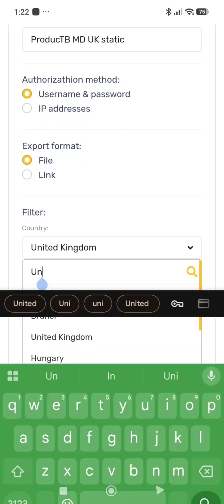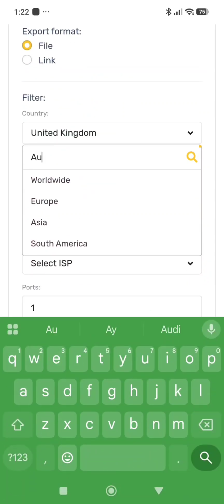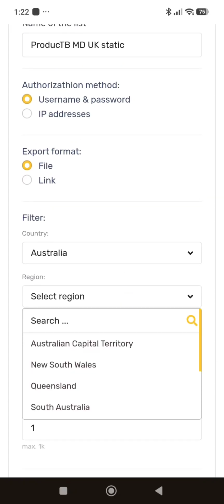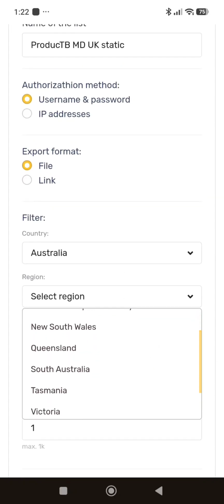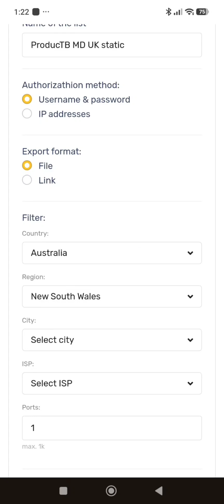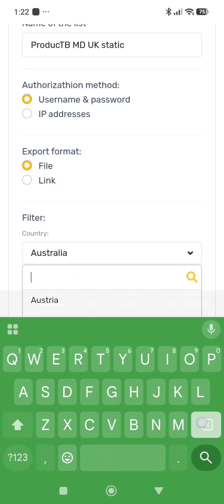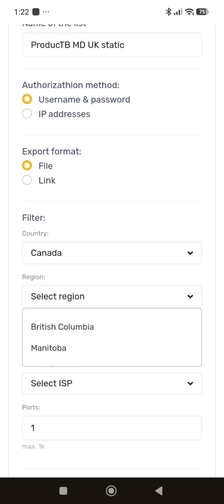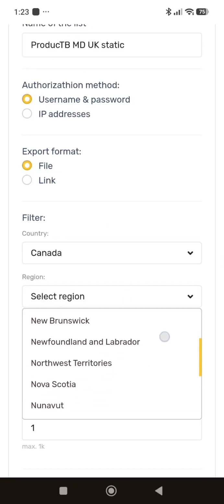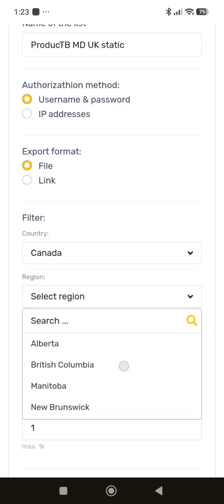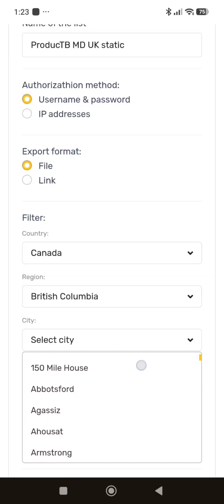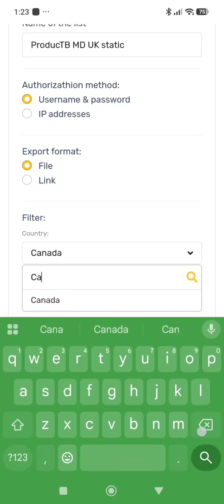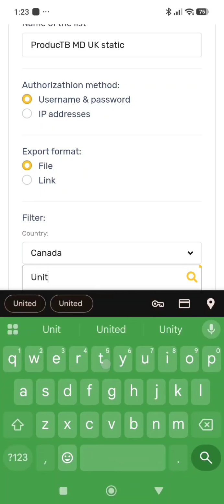Just come here and search for Australia. Australia, you can see it. Then you buy your proxy, and so on and so forth. So you can do it for Canada. It's the same process. Come here, British Columbia. So far, so far. You understand? But for this, I'll just do UK and that as well. So it's for you to do for others by yourself. So United Kingdom,